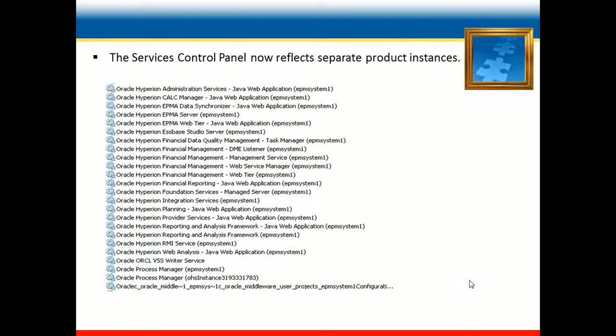Means the names of the services start with Oracle, and we can see this slide with this services panel screen. So here we add items like Oracle Hyperion Administration Services and Oracle Hyperion CALC Manager Services, all starting with Oracle Hyperion, not with Hyperion only as in earlier releases.